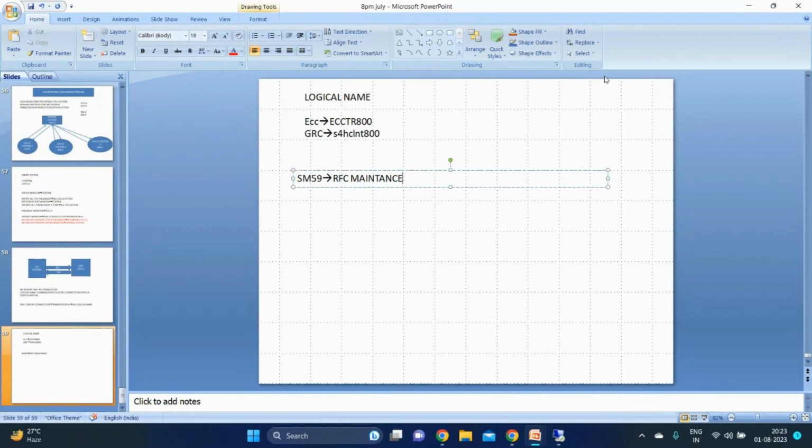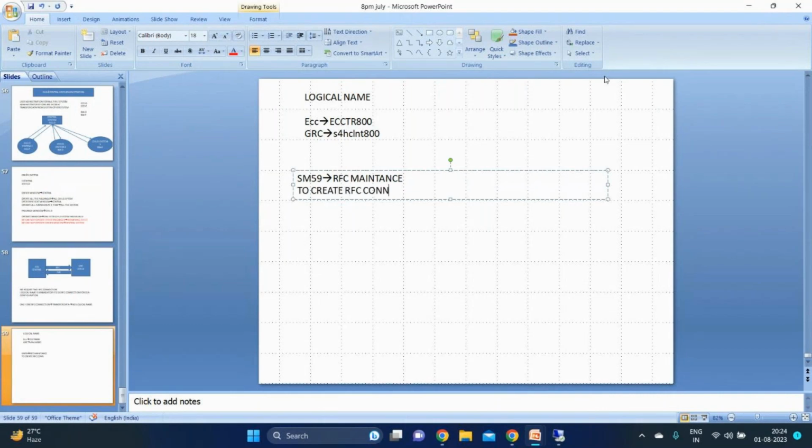Previously, what is the SU01 T code for? No need of telling that many things. Simply say user maintenance. That's it. Simple terminology. So don't say user creation. Again and again I am repeating, user creation is a 100% wrong answer. It is for user maintenance. In the same way, we can perform multiple actions. Similarly, SM59 is for RFC maintenance, but the purpose for which we are going to use it is to create